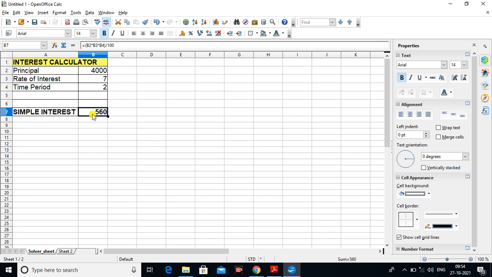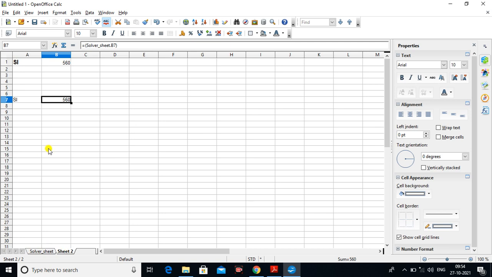But we wanted this result in sheet number 2. So go to sheet number 2, and you can see that the simple interest value calculated in the solver sheet is reflected in your new sheet, sheet number 2.